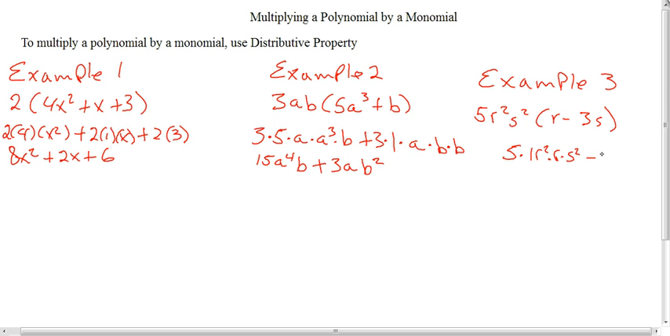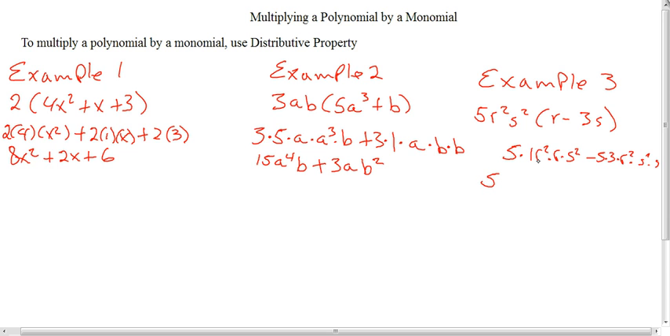5 times 3 times r squared, and that's going to be times s, times s. I already had enough room here. Okay, we'll bring it over a little bit here so we don't get stuck with that. So 5 times 1 will give us 5,